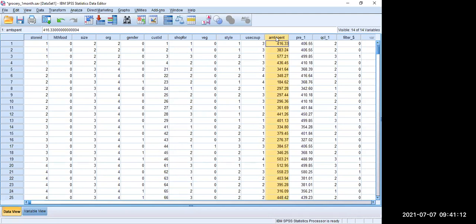Have you seen how the difference is from this column to a column on the left hand side? Observe on the screen, say gender. What is gender coming as? That entry 0, 0, 0, then somewhere there is 1, 0, 0, 1, 0, 0, 1, like that it is coming. But for amount spent, the actual amount is there. So the scale is different. Gender was nominal scale, amount spent is a scaled item, ratio scale item. Got it? So the different types of variables that you define will help you in the data entry.